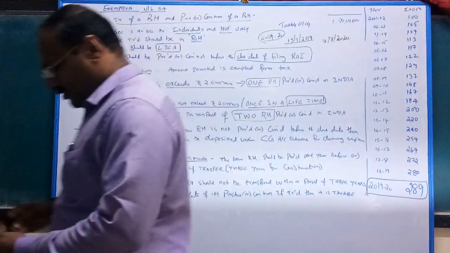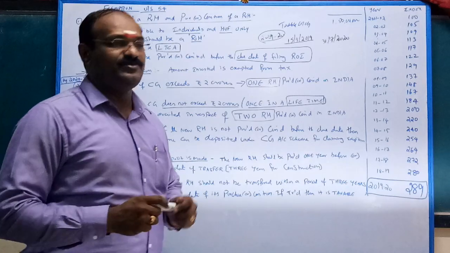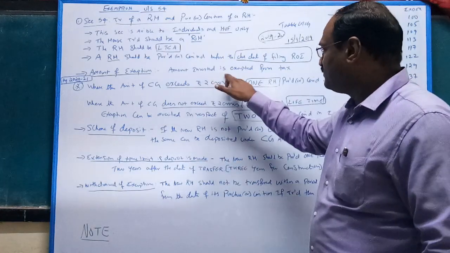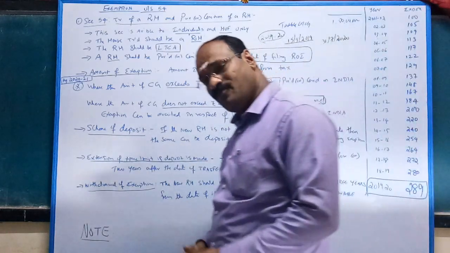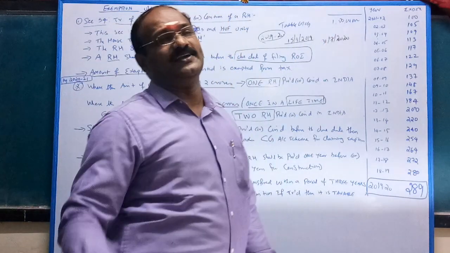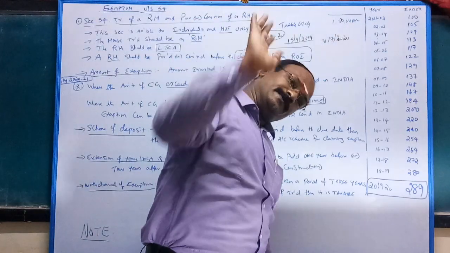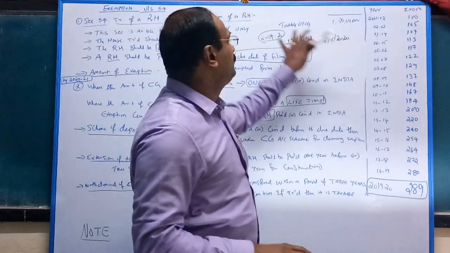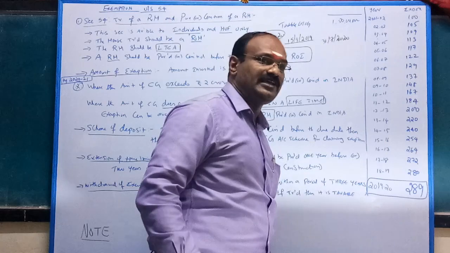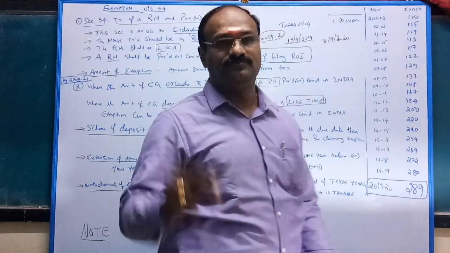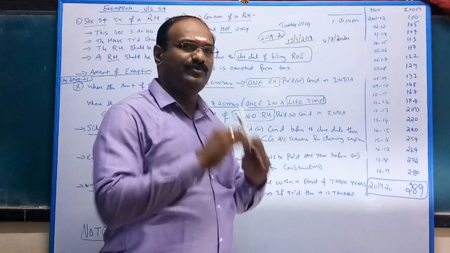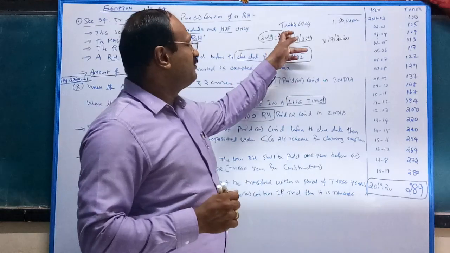Any doubt? Next, sir, how much exemption will I get? Very simple. The amount invested is exempt from tax. For example, your taxable long-term capital gain is 1 crore 50 lakhs. Suppose you are investing 1 crore. Less section 54, 1 crore, thereby 50 lakhs is taxable. Understand? You got my point? Whatever amount you invest, that amount is exempted. Suppose first case, 1 crore.